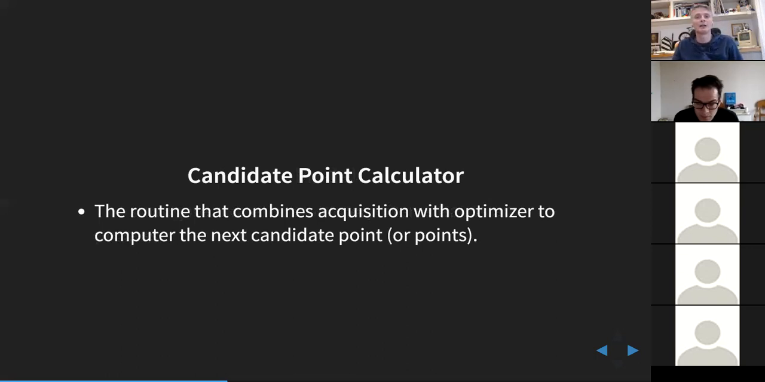The candidate point calculator has to combine the acquisition function with the optimizer of the acquisition function to compute the next candidate data point, or indeed points. You don't necessarily have to do Bayesian optimization one point at a time. Javier himself has written a paper on batch Bayesian optimization, where after each observation you select several candidate points. That can often be an important thing